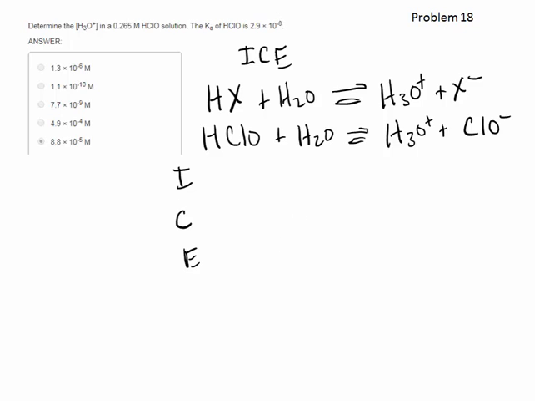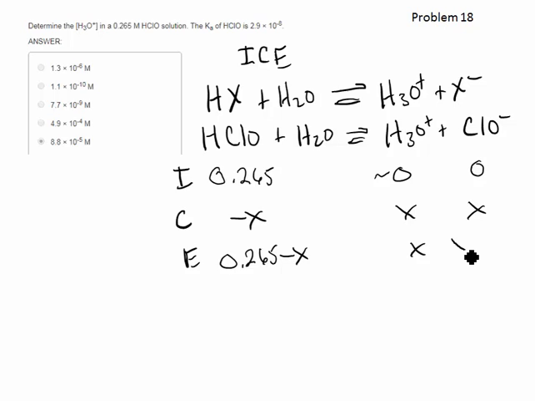So our starting concentration here, it tells us of the HClO solution is going to be initially 0.265 molar. And that means this is 0 and this is 0, and that's approximately 0, but we always do that assumption. It's really 0. And so we're going to lose this, so this is going to become a minus X, and we're going to gain H plus, we're going to gain ClO minus, and so this ends up being 0.265 minus X, and this is going to be X, and that's going to be X, and so our equilibrium is going to be 2.9 times 10 to the minus 8 is equal to our X squared over